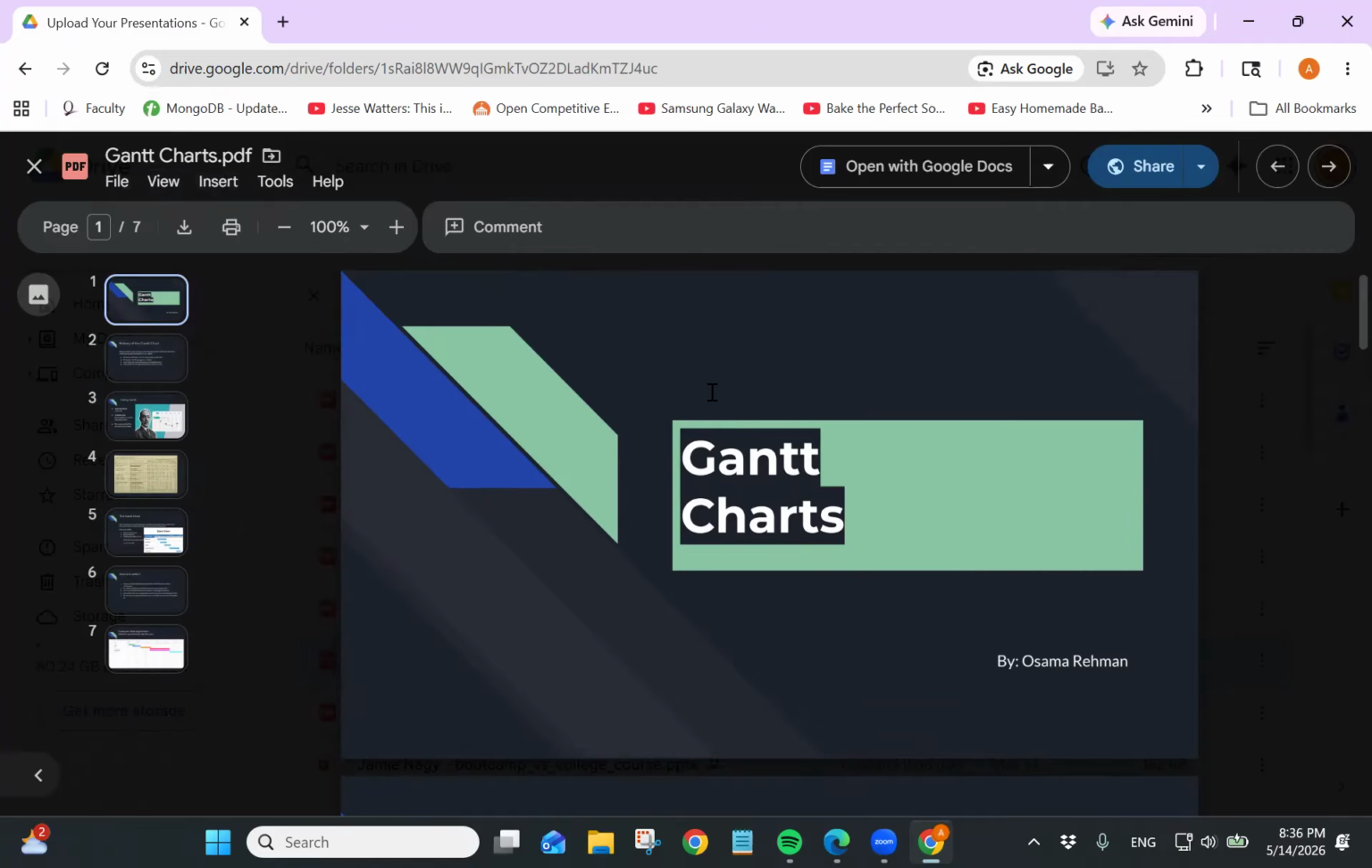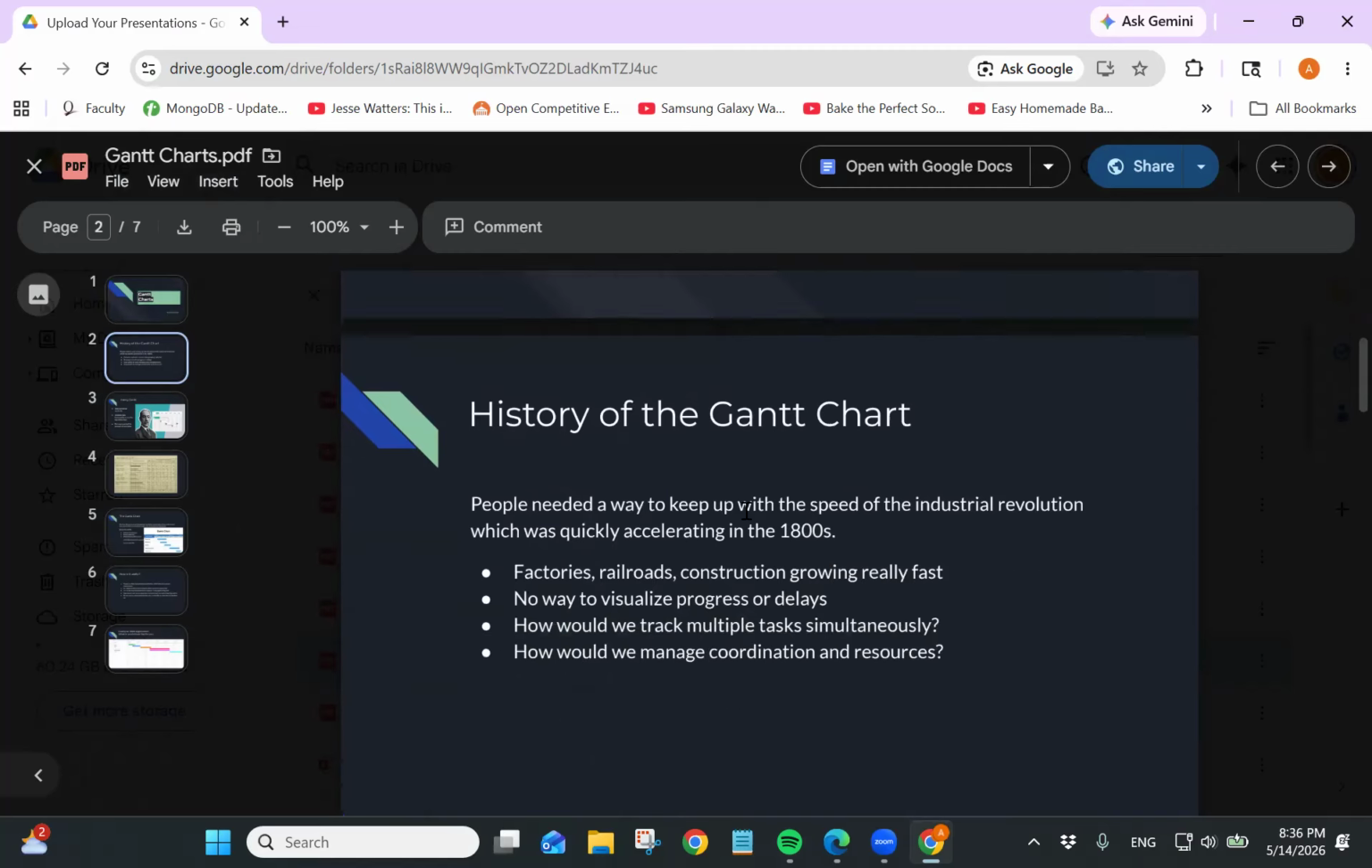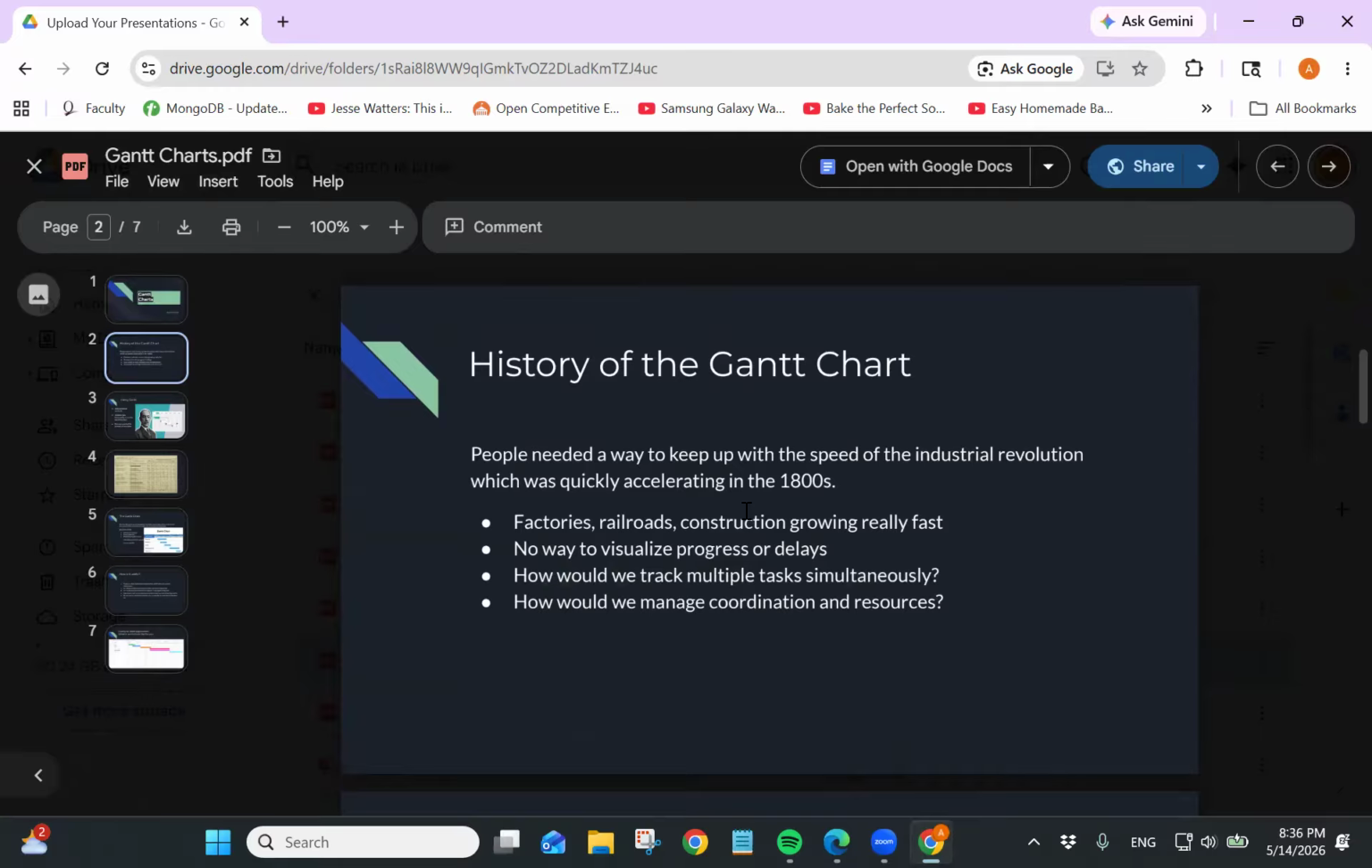So my name's Osama. My project was on what is a Gantt chart and how is it useful? Before I get into what it is and how it's useful, I want to get into the history a little bit. It all started with the Industrial Revolution. You have all these different industries, you have factories, you have railroads, and you have construction, all rapidly